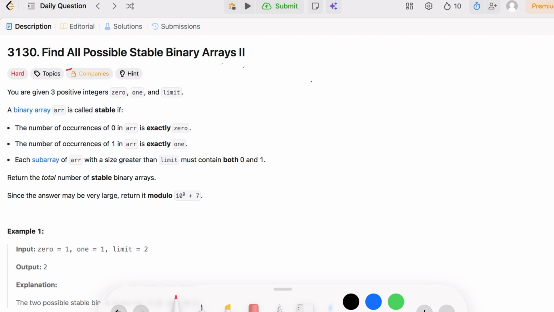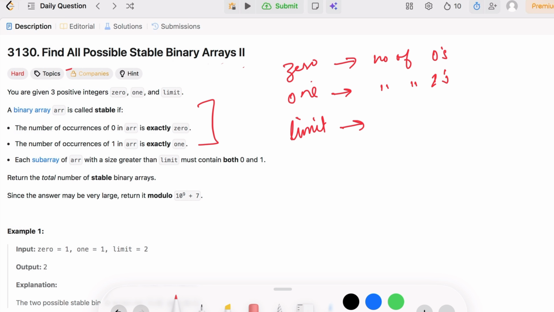The very first thing, what is the question saying here? In the question, we have been given three values. Very first, we have zeros, which is the number of zeros. Then we have ones, which is the number of ones. And then we have been given the limit, guys. So this limit is the